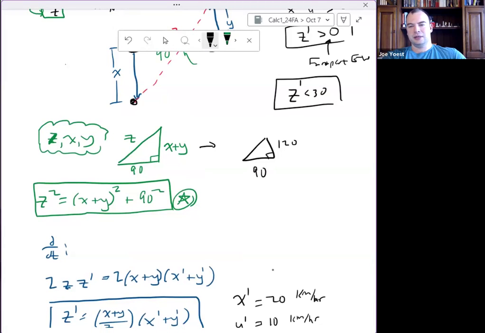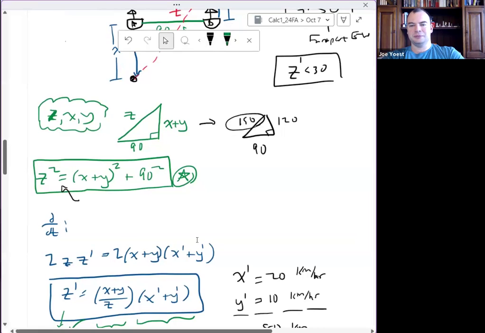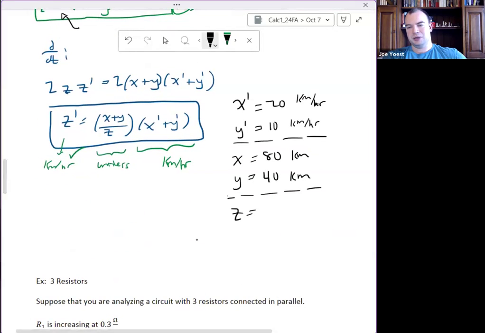for the other side. Well, this is a 3, 4 scaled by a factor of 30. So I have a 3, 4, 5 triangle scaled by a factor of 30. 5 times 30 is 150. I could recognize the 3, 4, 5 triangle, or I could go through and algebraically solve for z using this equation. Either way, I see that z has to be 150